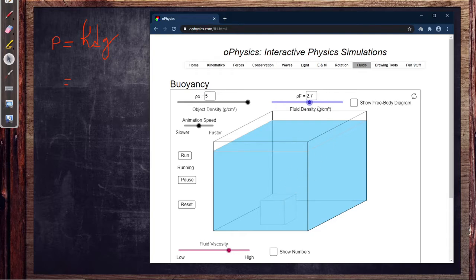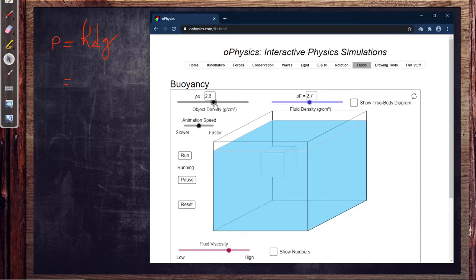So why is it happening? Just check out the value. The density of the object is 2.7. Sorry, the density of the liquid is 2.7, while the density of that object is 5. That means the object is heavier, so it is sinking. But if I decrease it, say 2.8, nothing happens. See, but if I decrease it more, less than 2.7, see, if 2.7 is there, nothing is happening, it is totally in the middle. But if